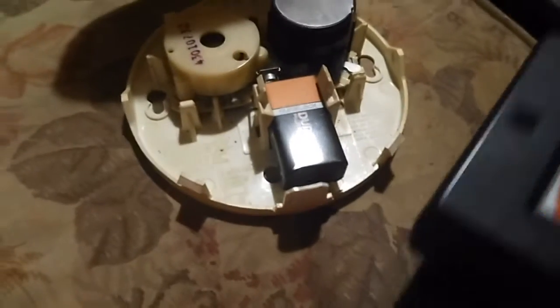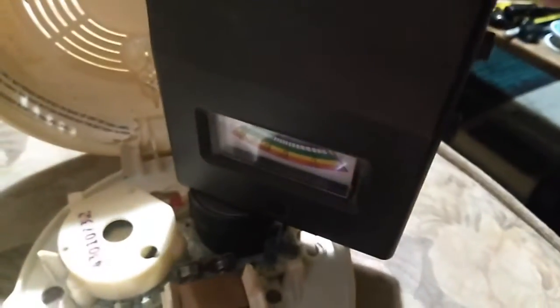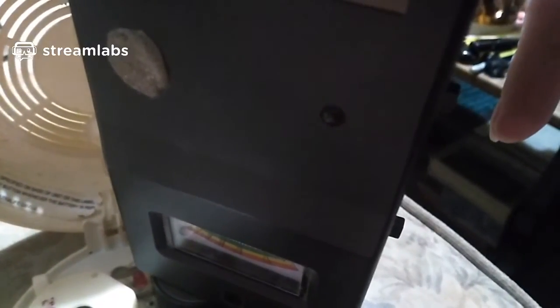Now I've got a Geiger counter which I've had for some years now. This is my Geiger counter. Now if I put my Geiger counter directly on top of it, we should be able to see the beep rate go up. My Geiger counter is having a problem with the HT voltage at the moment because it uses high voltage as well. So as you can see, the red LED is flashing